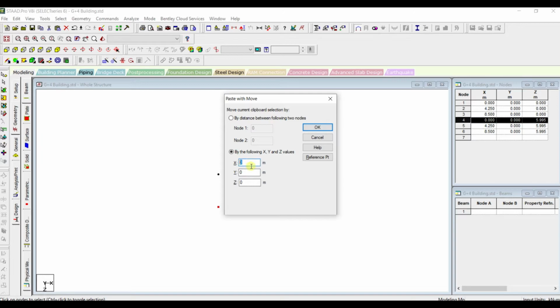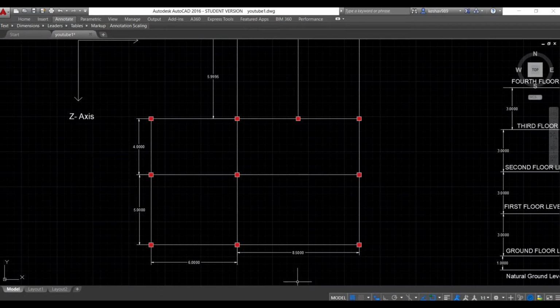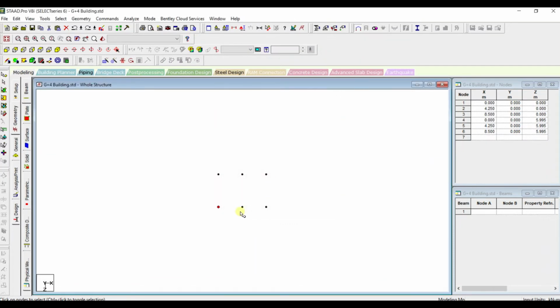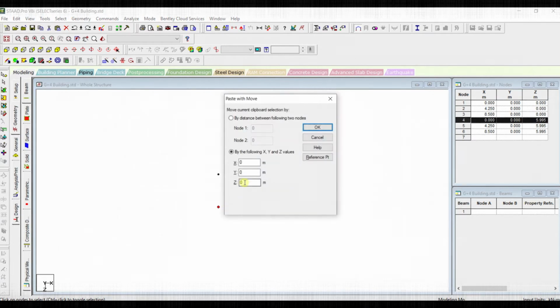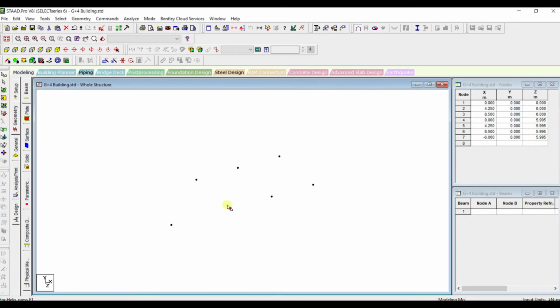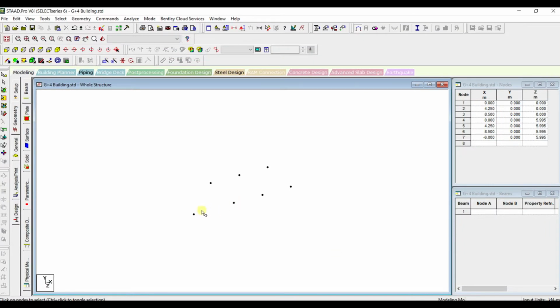One node is at, what is the distance? 6 meter away from this node. Oh, sorry, Ctrl Z. X, so -6. Yeah, the new node has been created. And then at a 4 meter distance,